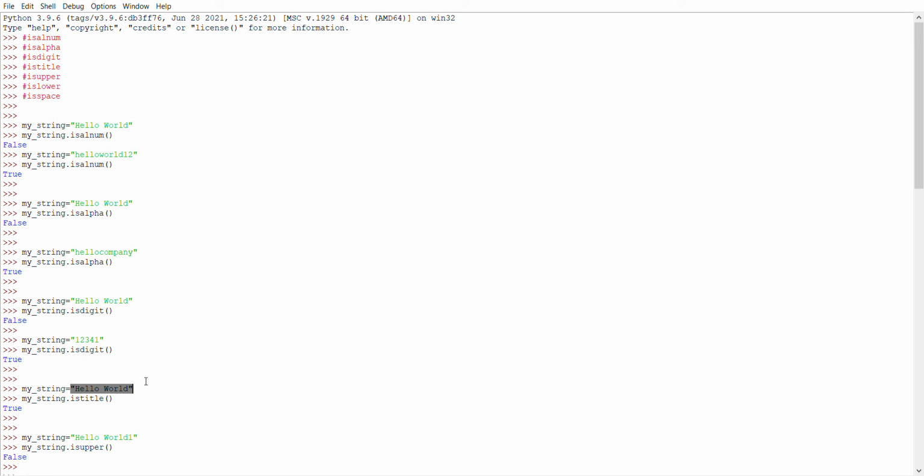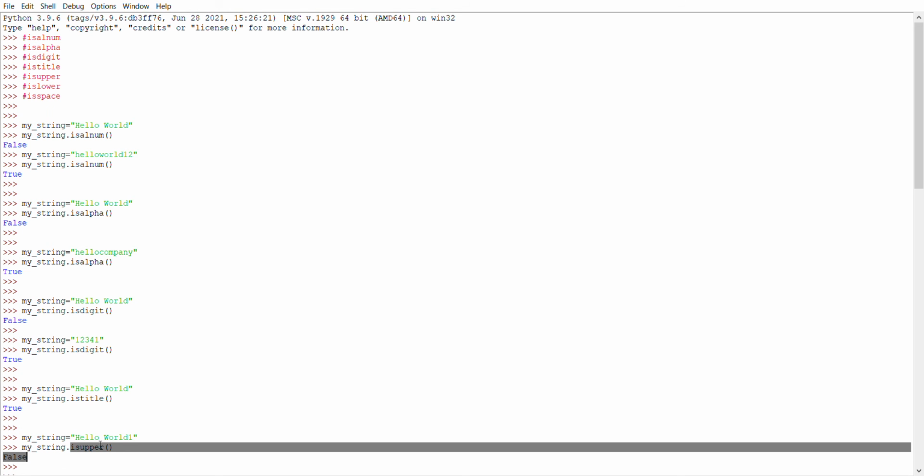In this syntax, H is in uppercase and the others are followed by lowercase letters, so istitle returns true. If H is in lowercase and others are in uppercase, it returns the false value, because a title string contains the first letter of each word starting with an uppercase value. Only then does it return true, otherwise it returns false.